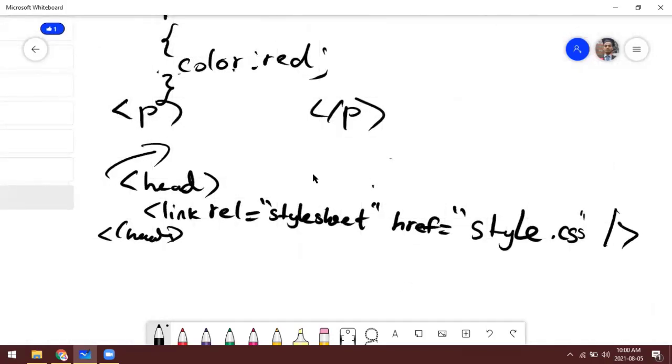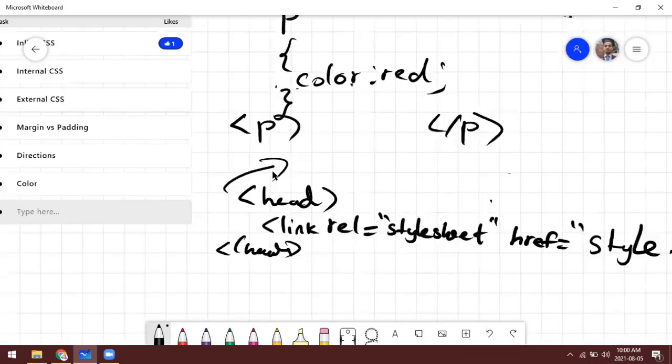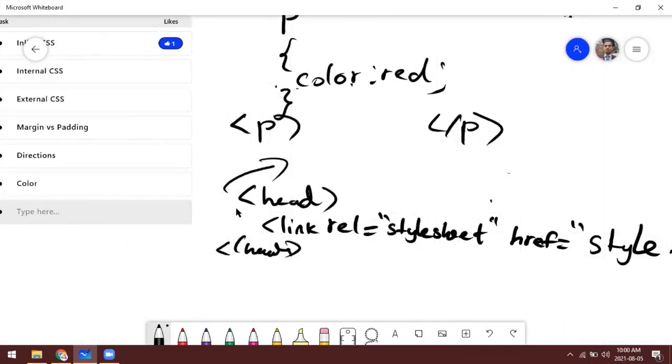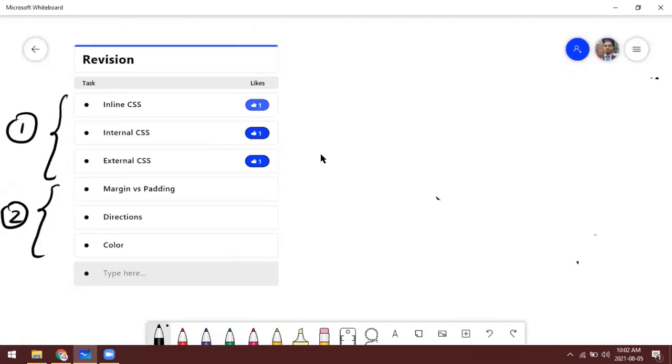Then whatever is in this external CSS file will reflect in our HTML page, right? So these are the three ways we discussed how we can add CSS to any HTML document, right?